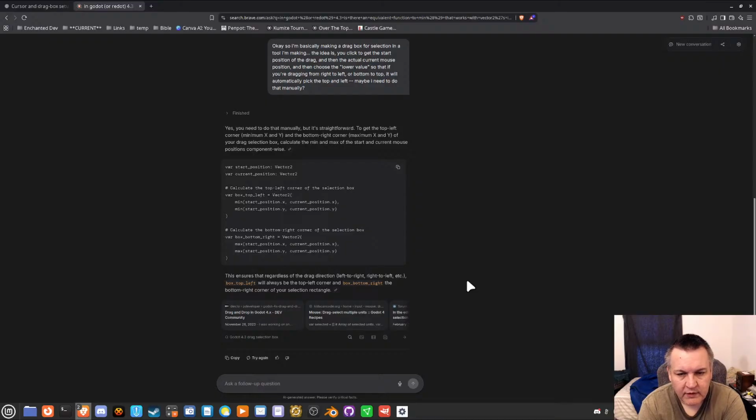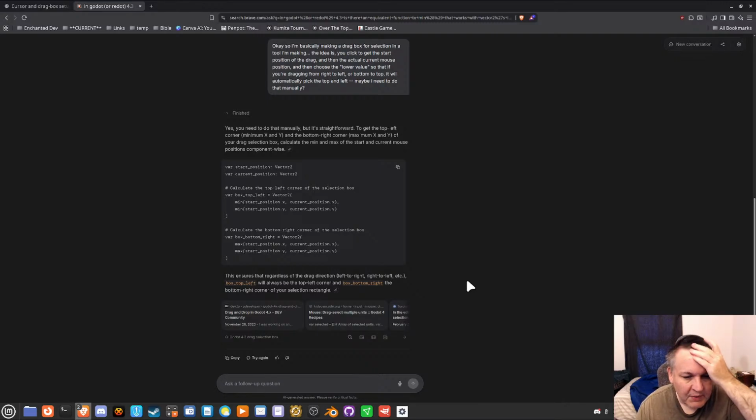But it's straightforward. Get the top left corner, minimum X and Y, and the bottom right corner, maximum X and Y of your drag selection box. Calculate the min and max of the start and current mouse positions component-wise. Okay, I can do min on that, of course. Oh, I see. Box top left is Vector2. Yeah, I didn't even think about that.